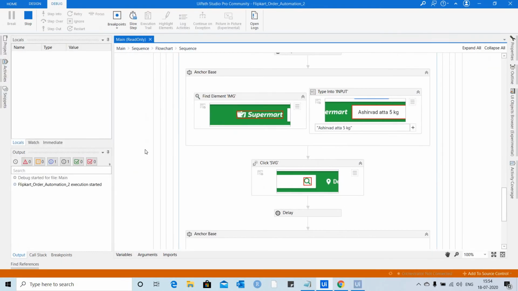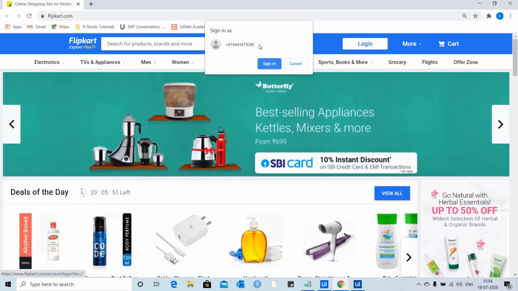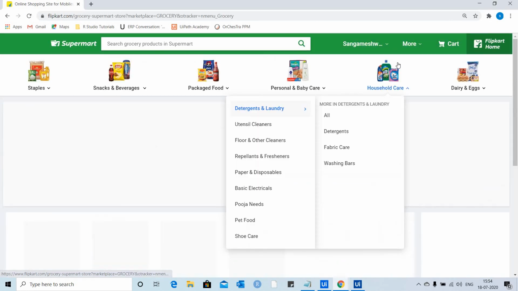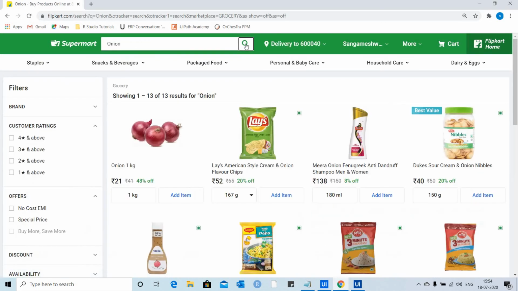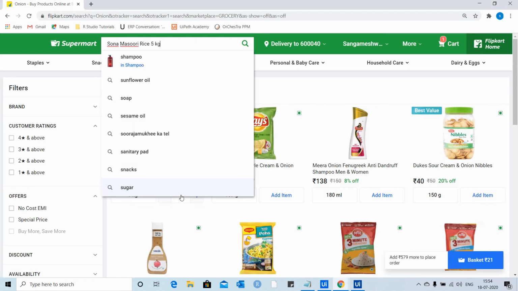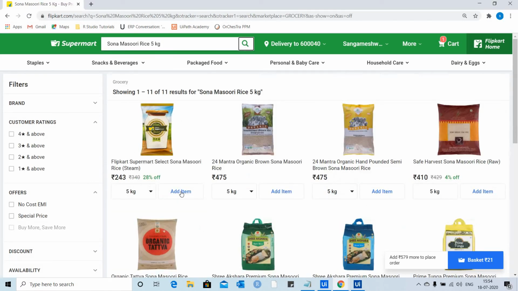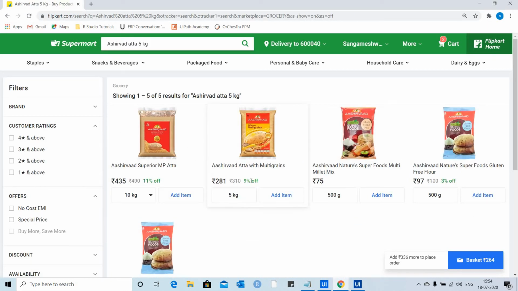Let's debug the file again: log in, then go to the grocery page, search onions, add onions, then search Sonam rice 5 kg and add it, then search Ashirwad atta 5 kg.